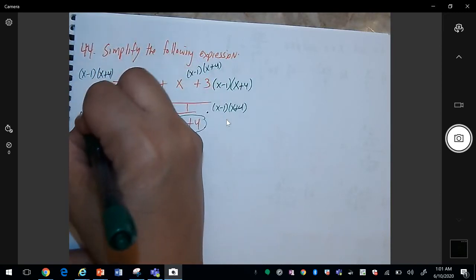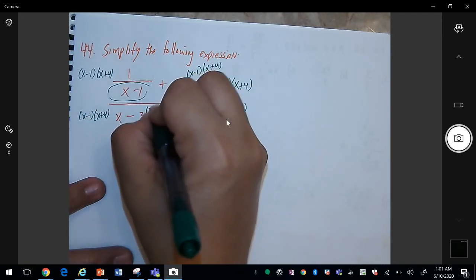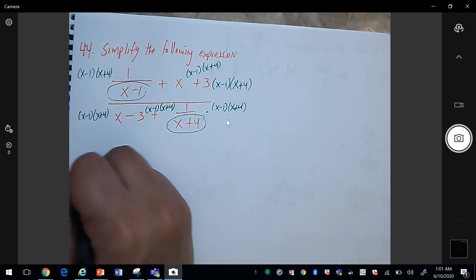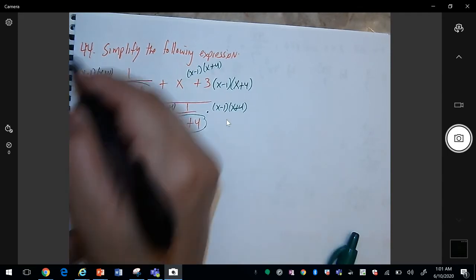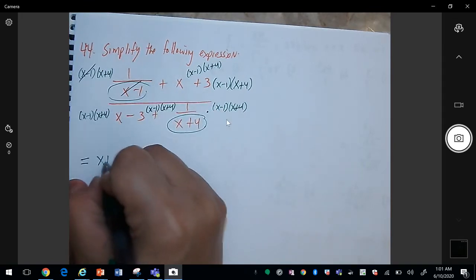So every single term by x minus 1, x plus 4. Okay, so if we simplify here, the x minus 1 will cancel with the x minus 1, leaving us with x plus 4